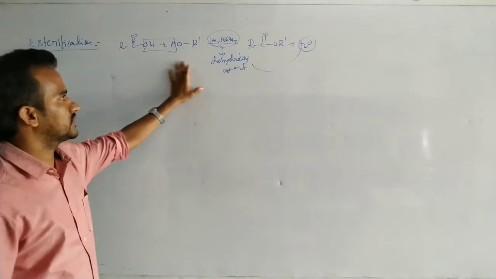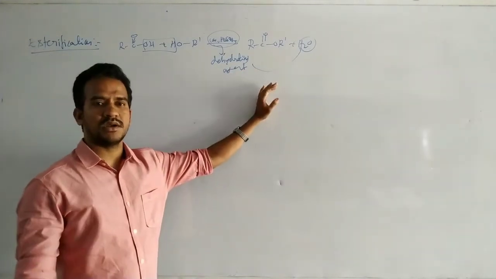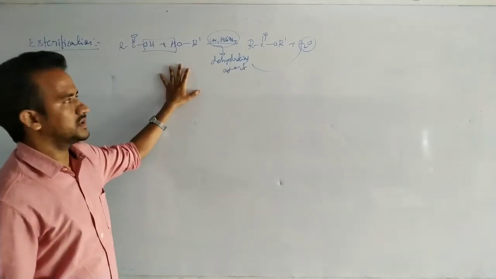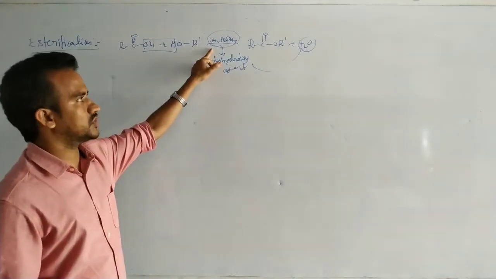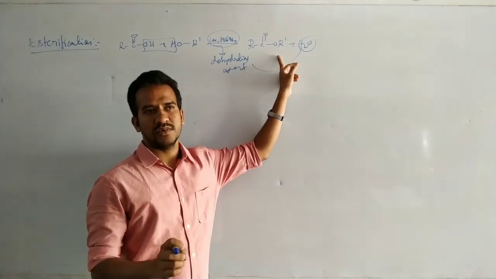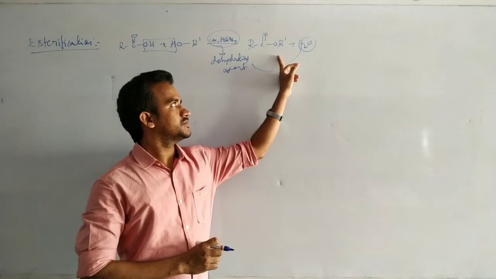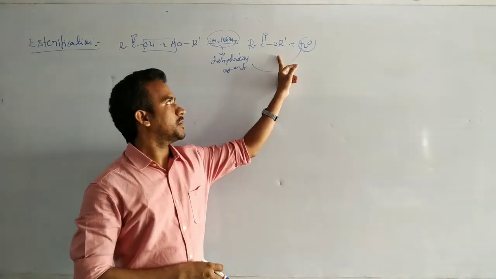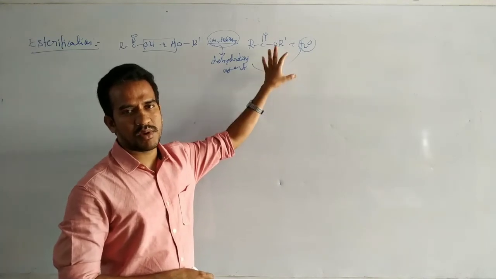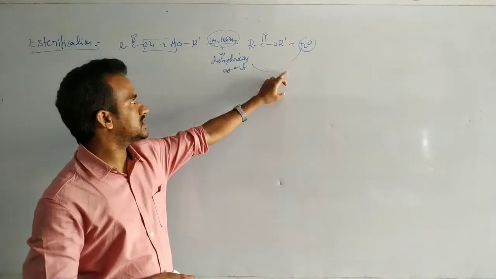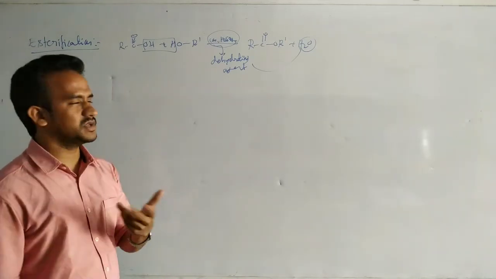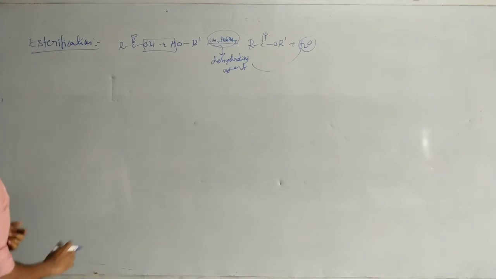Carboxylic acid plus alcohol gives ester. Now the ester on adding dilute acid will give the carboxylic acid and alcohol. That's why concentrated H2SO4 is used, for the removal of the water molecule. Generally esters get hydrolyzed in dilute acid medium, but here water is one of the side products, and it is removed by the concentrated H2SO4, which acts as a dehydrating agent.